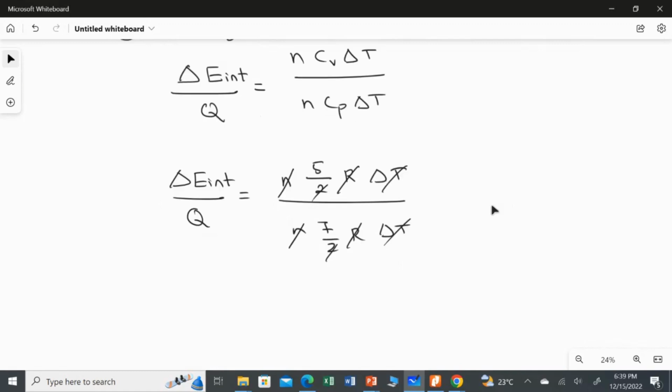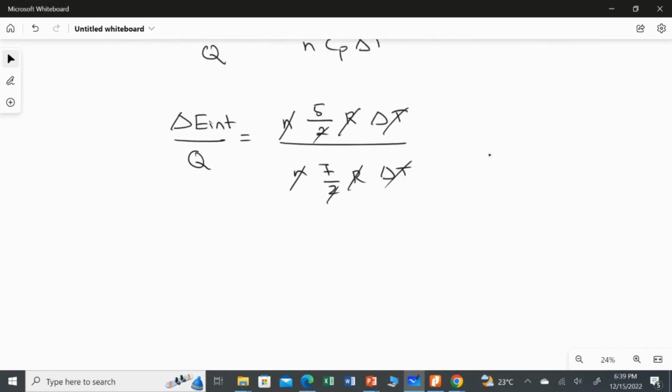So by that we will get change in internal energy over Q equal to